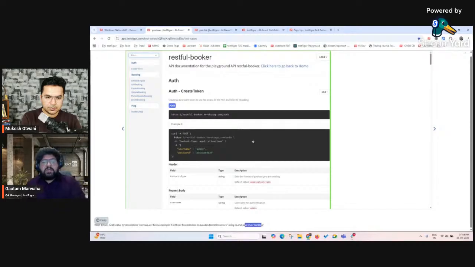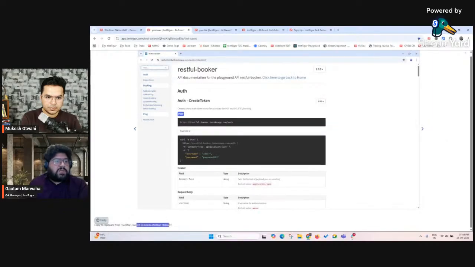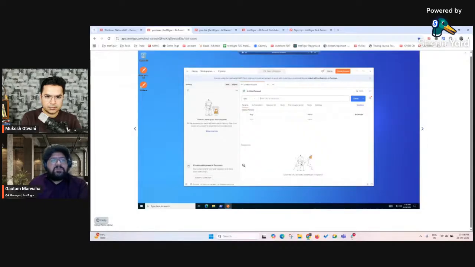So what TestRigor is doing here is reading out the curl request from here and saving it in a curl request variable, right? And then once it is saved, we are switching back to the RDP. If you can see, switch to remote desktop default. So you see something like this. Now the web browser is gone. We are back to the RDP. The variable that we created in the web application, we can still use. The scope of that variable is still in the test case, right? So we can use that curl request over here